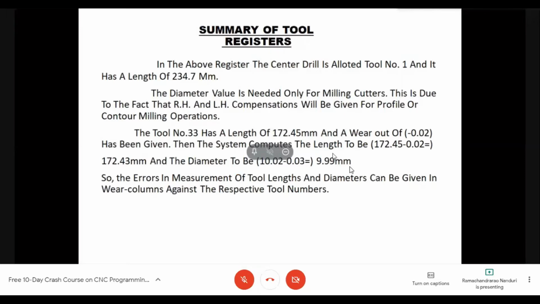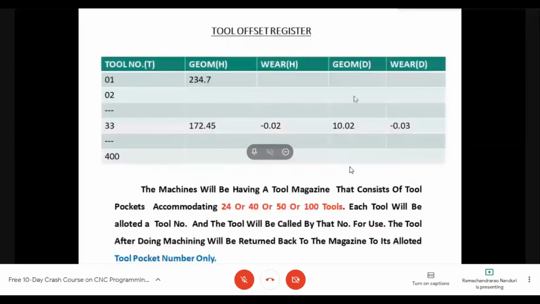So the measurements of the tool lengths and diameters can be given against the respective tool numbers. I assume that everybody has understood what I mean by the tool register, okay? The data given here.